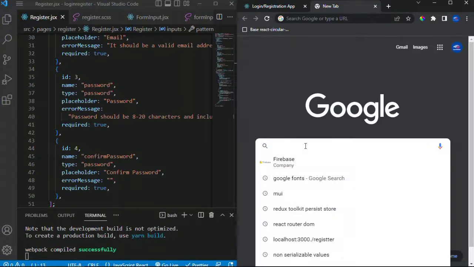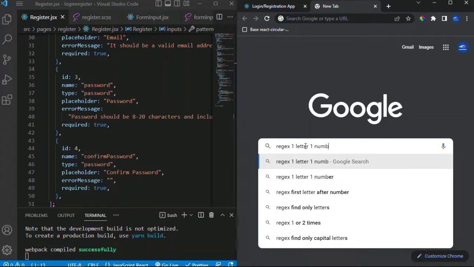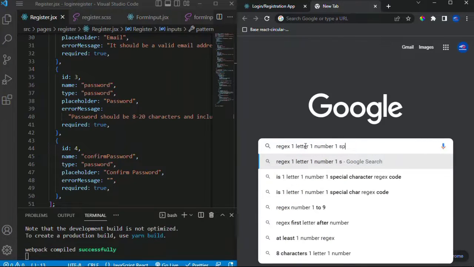So we're actually using regex for it, so it's not something you need to cram, you need to put in your head. So I'm basically